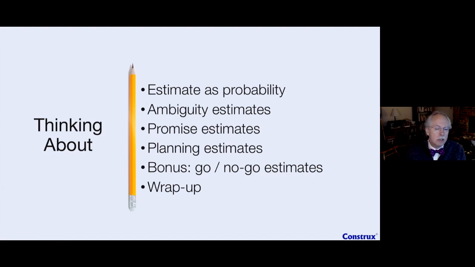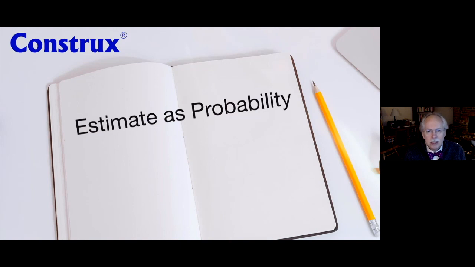So this is what I'm going to be thinking about here going forward. So let's go ahead and get into it. And first, think about estimate as a probability. And this is really kind of critical, because until you really sort of grasp this idea of it being a probability, it's really hard to say what is a good estimate versus a bad estimate. And you'll make it very hard and very frustrating as you try to think about how, particularly, Agile uses estimation. And we'll go into that a little bit here.